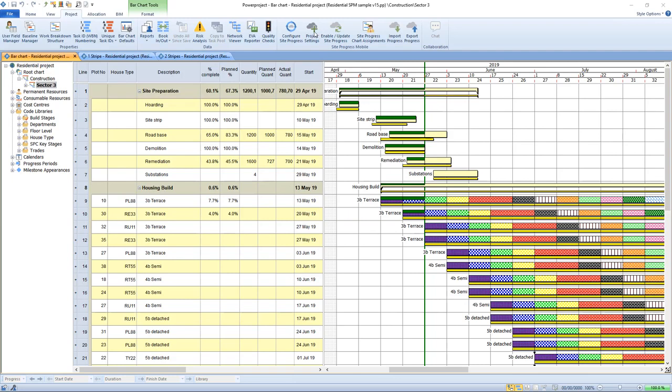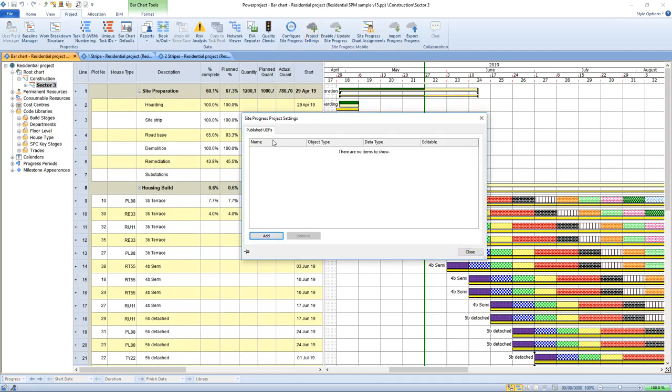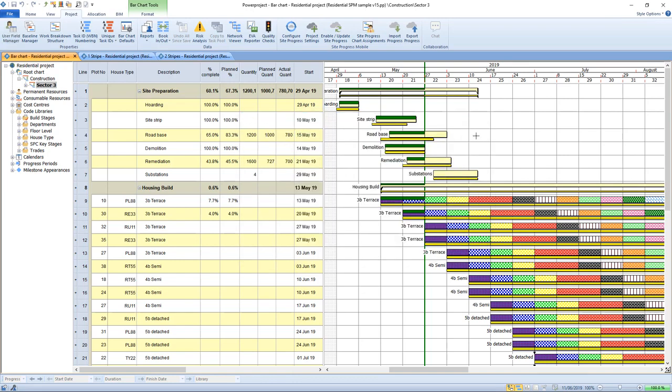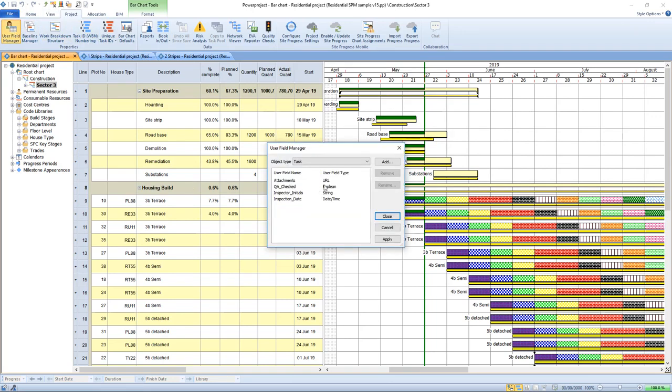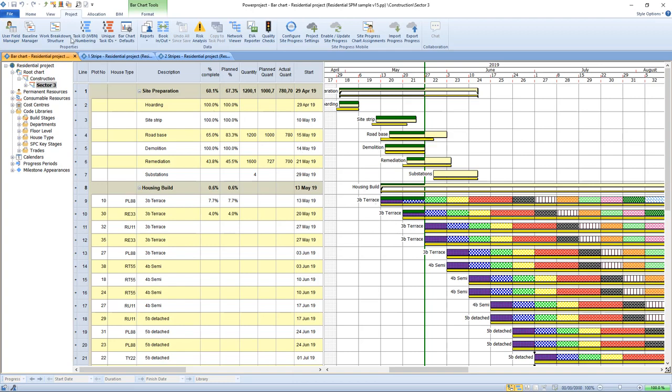enable, on this particular project, publishing of user-defined fields. These are things in the project database that we as a company haven't put in a standard. If you have the project saved, you can go to the user field manager and make your own user field. So I've made one called inspector initials and inspection dates, for example, and so with those already